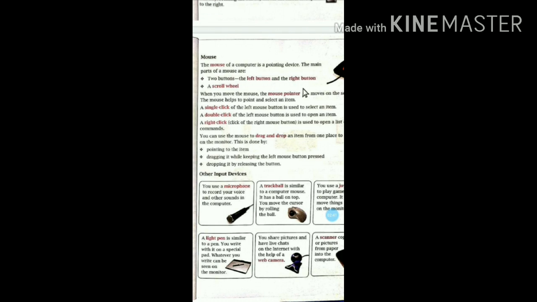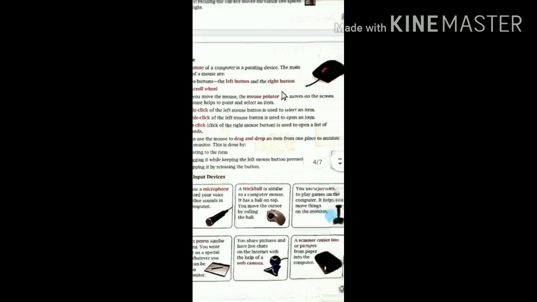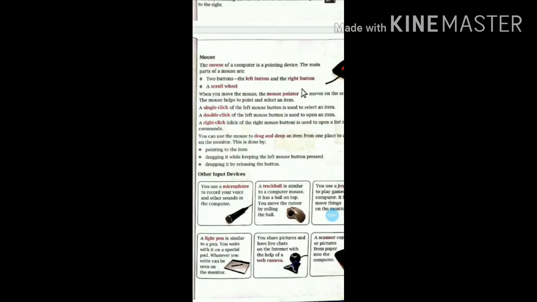A right click, that means a click of the right mouse button, is used to open a list of commands. When you keep your mouse pointer anywhere on the screen and do a right click, a command list will appear. You can use the mouse to drag and drop an item from one place to another on the monitor. This is done by pointing to an item, dragging it while keeping the left mouse button pressed, and dropping it by